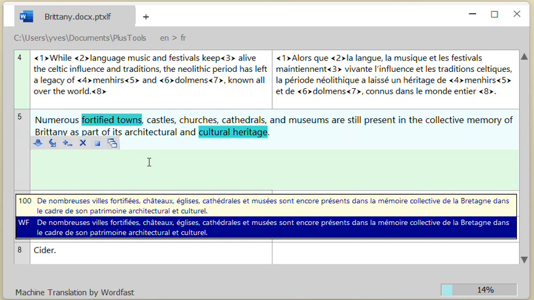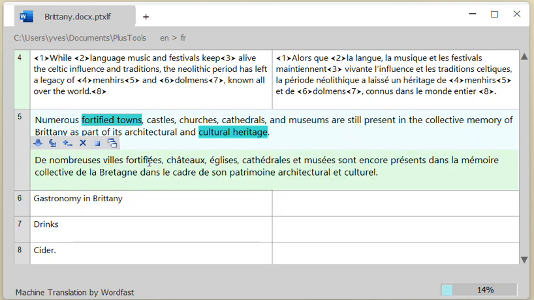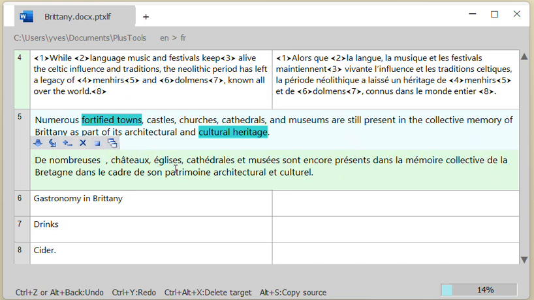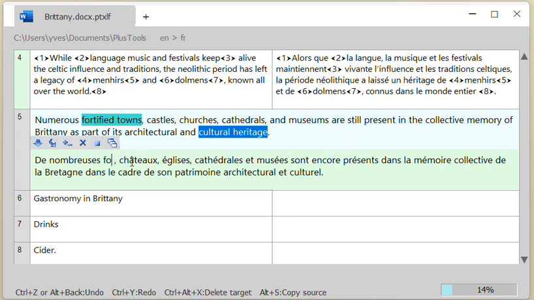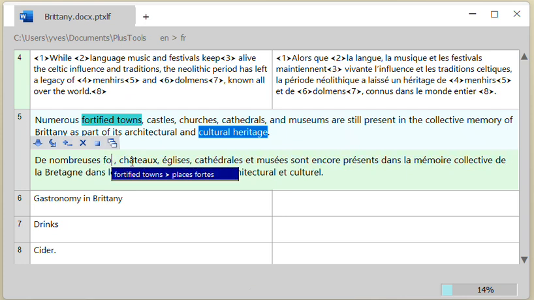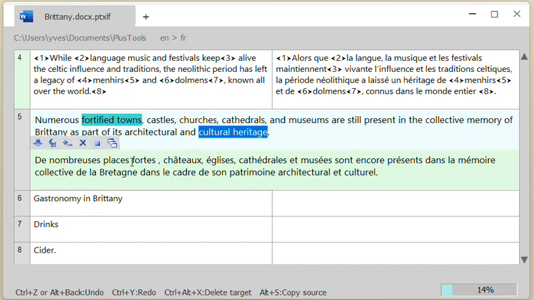One more segment. I do have a glossary. See, the text which is highlighted in the source document means that the glossary that Plus Tools runs contains those terms. So like if I type FO for fortified, I would have plus fort in French. Okay, that's pretty standard